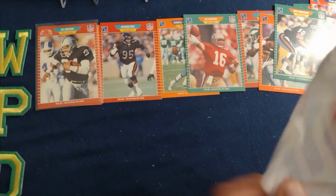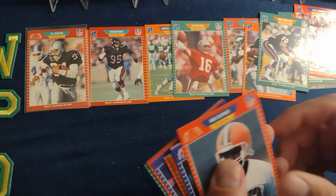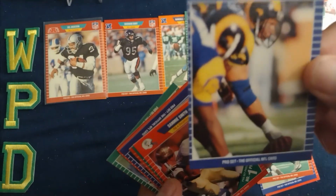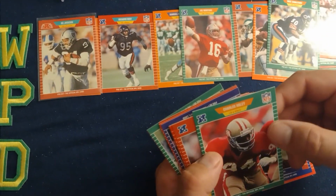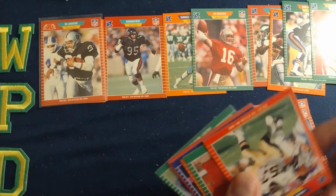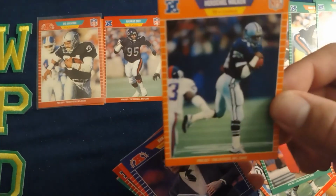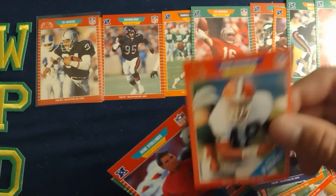All right. Mr. Oliphant, Tim McGee, Freeman McNeil, Doug Smith. Oh my goodness, you'll never believe it. Number 5, Sammy Smith. Charles Haley, Randy Wright, Vaughn Johnson, George Seifert, Herschel Walker, Dan Reeves, Brian Washington,